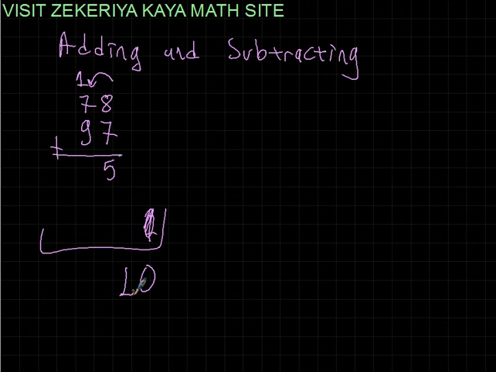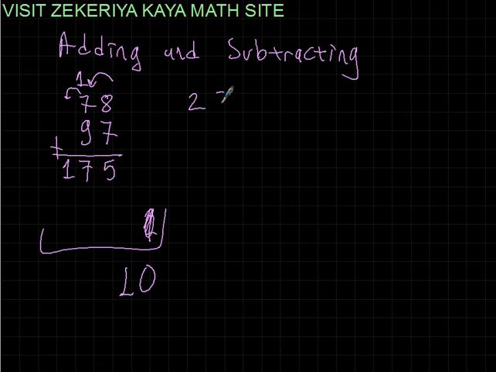Remember this. So 7 plus 1, 8, 9 plus 8 is 17. So from this 17, we must take the 10 part out. If you take the 10 part out, there remains 7, and you put that 10 to the next part as 1. Okay? Remember this. Also in subtraction,